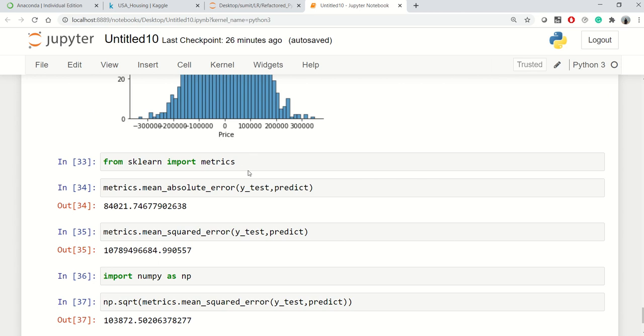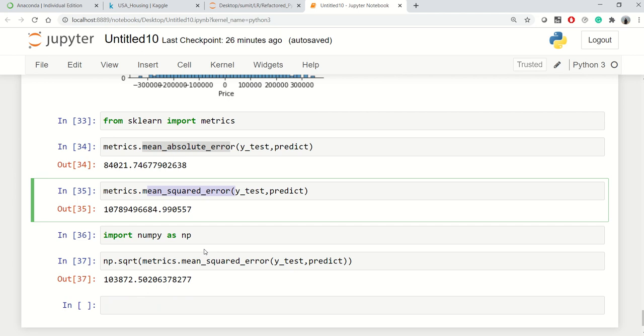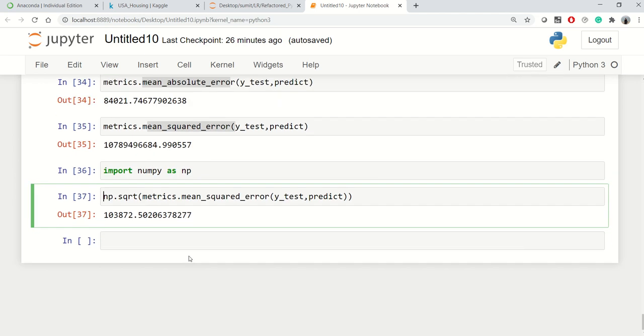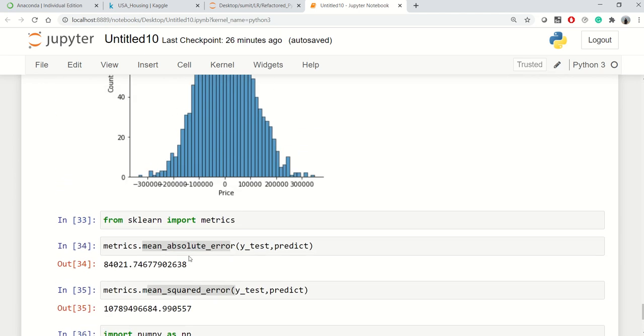For evaluation of our model, we spoke about mean absolute error, which is very easy to understand, then mean squared error, and then root mean squared error. So this is all about linear regression, and hopefully this will be your first modeling in machine learning.